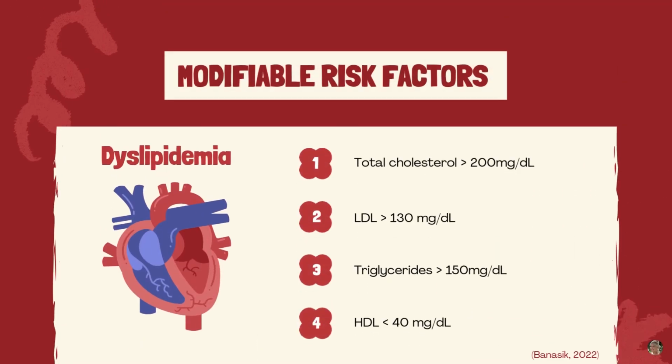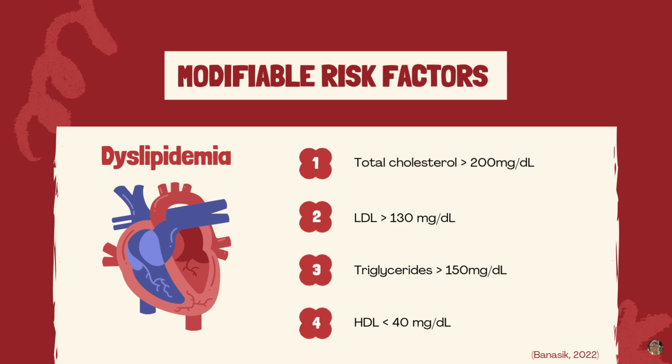So, one of the biggest modifiable risk factors that we can impact as nurse practitioners is controlling a patient's dyslipidemia. When patients have a total cholesterol greater than 200 milligrams per deciliter and an LDL greater than 130 milligrams per deciliter, it puts them at higher risk. This LDL is said to have a very high concentration of cholesterol, and it's been linked to the highest risk of developing plaque. So, this is something we really want to hone in on, is getting the LDL below 130